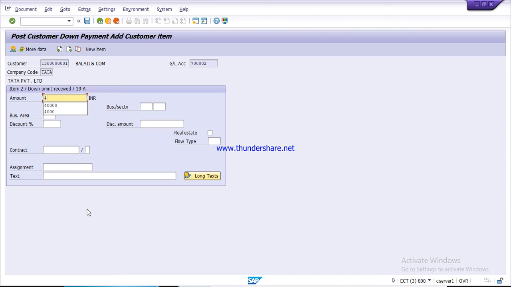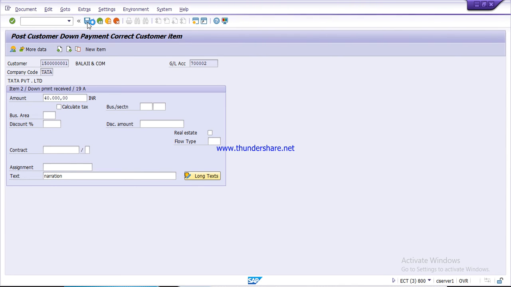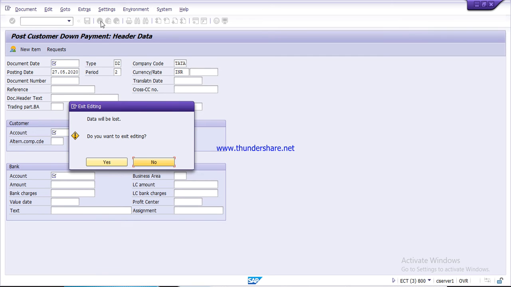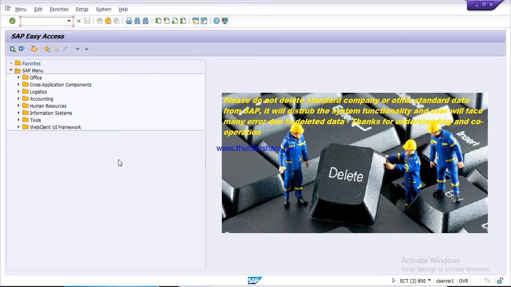Give the amount 40,000, then give narration. Enter. Then click on post. Here you can see the document was posted in the company code Tata. We'll get back. Like this we can create DPR and release the down payment.